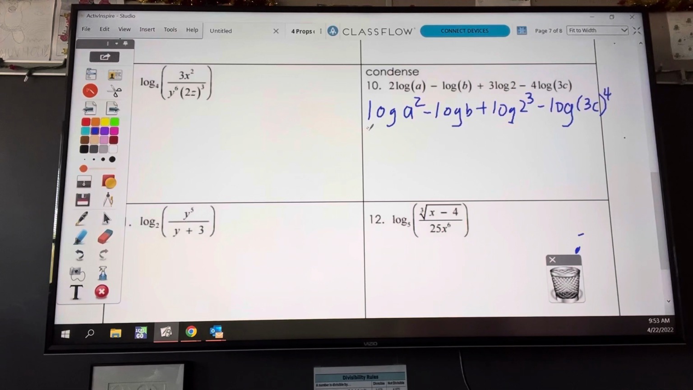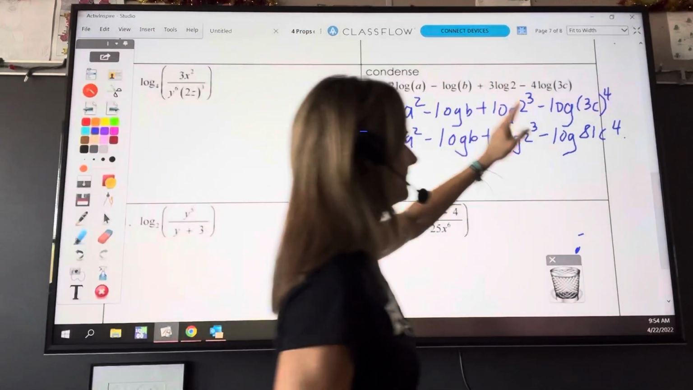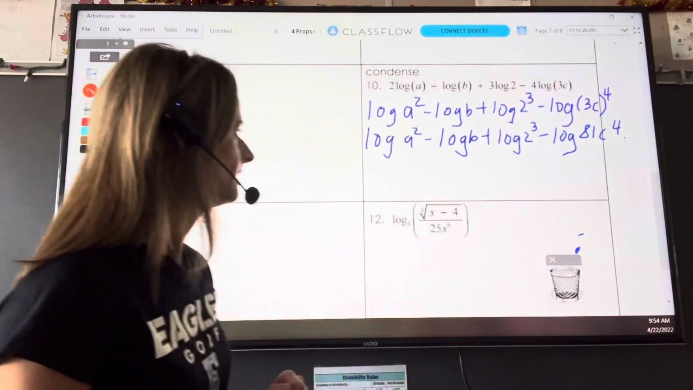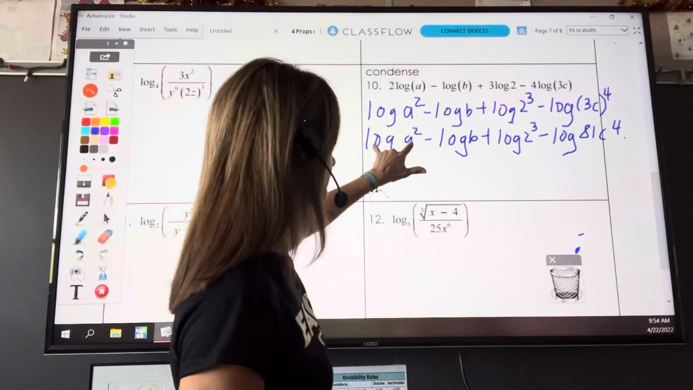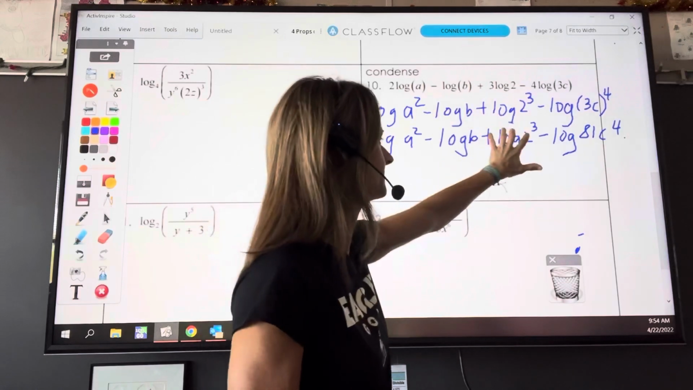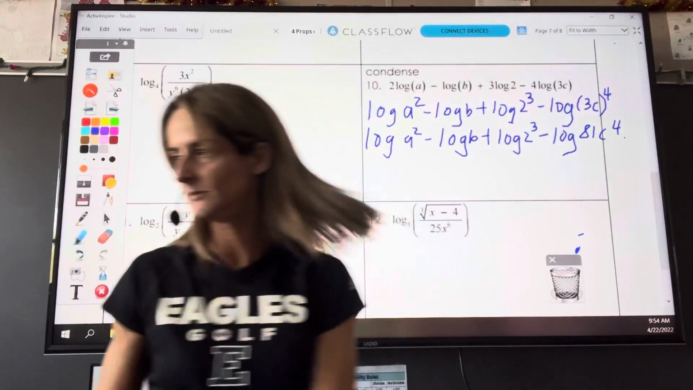And again, if you can do these 2 steps that I'm doing right here in one step, that is perfectly fine. I'm just writing it out so if someone has a question, it's clear. All right, so this is log of 81c to the 4th, because that's 3 to the 4th power, c to the 4th power, so it's 81c to the 4th. Now I'm going to take this positive term and this positive term, put them in the numerator, and then those in the denominator,